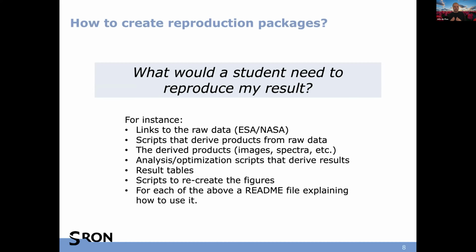So the main question that we asked them: if you make a reproduction package, what do you think a student would need to reproduce your results? And give us some number of examples. You give a link to where you can find the raw data. You provide the scripts that derive the products from the raw data. You provide the derived products themselves, so which images did you make, which spectra, and the scripts that do that. The analysis and optimization that you derive the results,